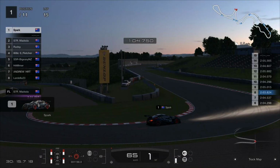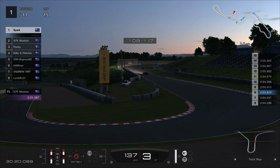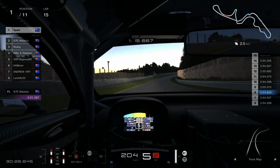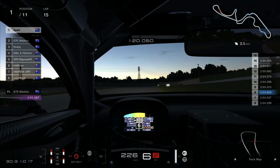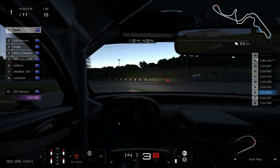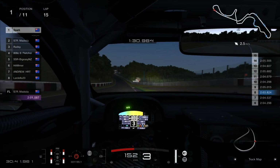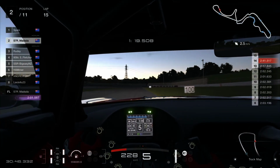Might have overfueled a little bit, but someone who hasn't is Spark. He hasn't pit yet. So, the race mediums having a fantastic run on them so far. Really stretching it out. We see a fantastic line there from Spark. Still maintaining the lead, but we will see him come in as we jump back down to Mazda now, who's